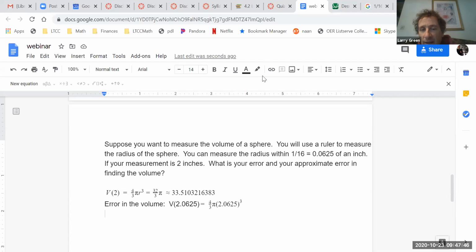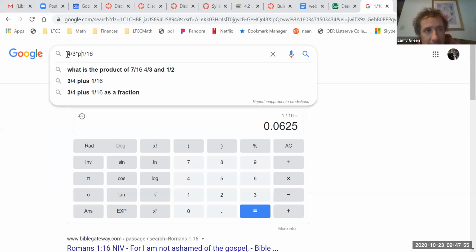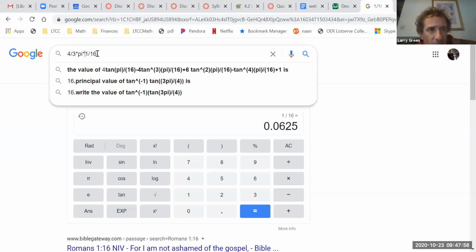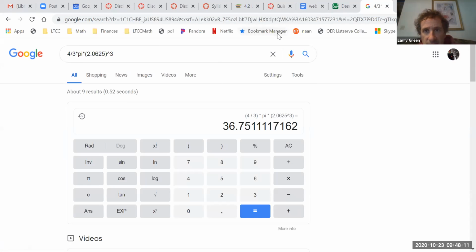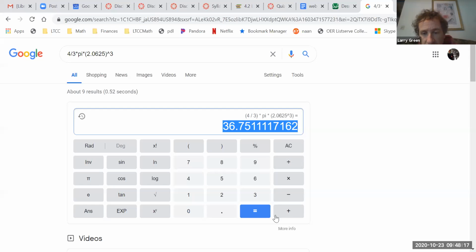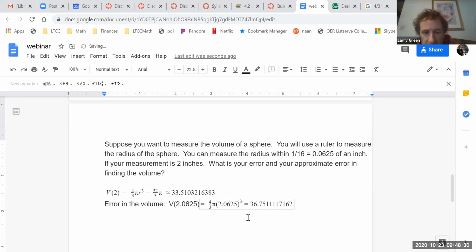So let's put that into the calculator. So 4 divided by 3 times pi times 2.0625 cubed. And what we get is